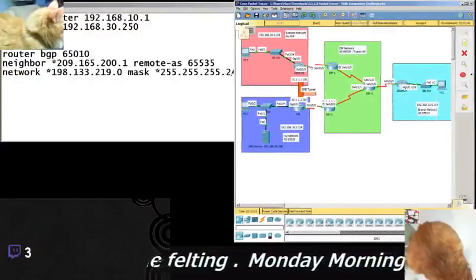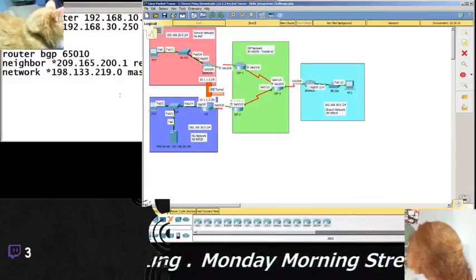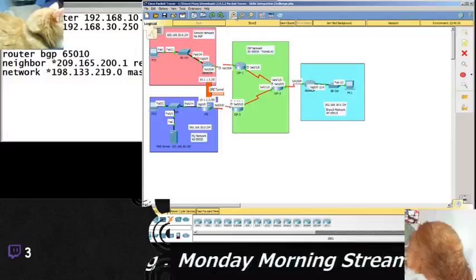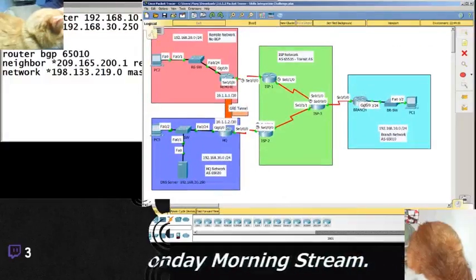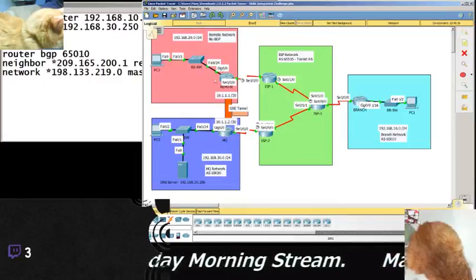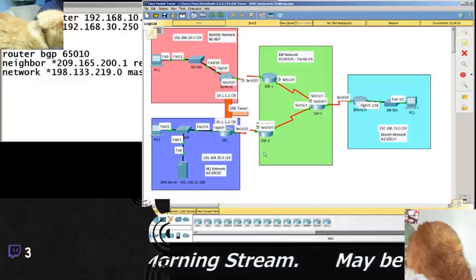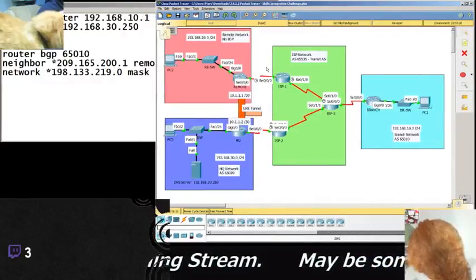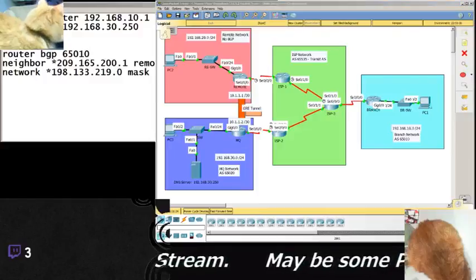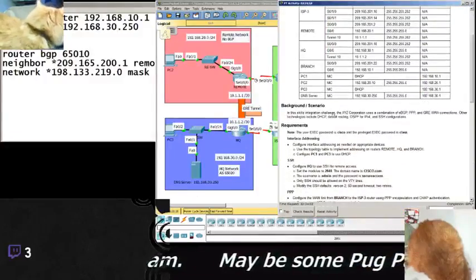So you see this giant mess here. This is the network that I'm currently working on in Packet Tracer. What I'm doing is configuring branch, HQ, and remote routers so that these all talk to each other correctly. That's what this challenge is, and this one was kind of nuts because it's doing a lot of stuff. So the scenario is